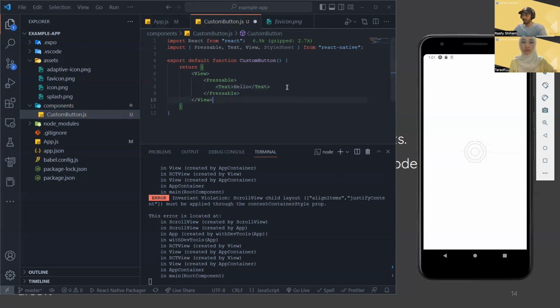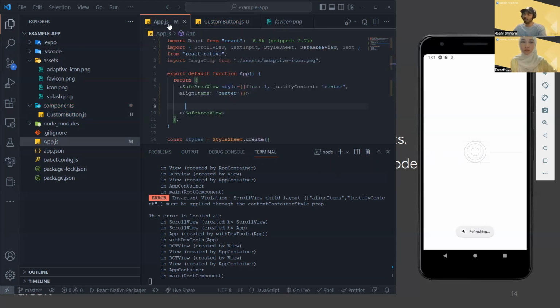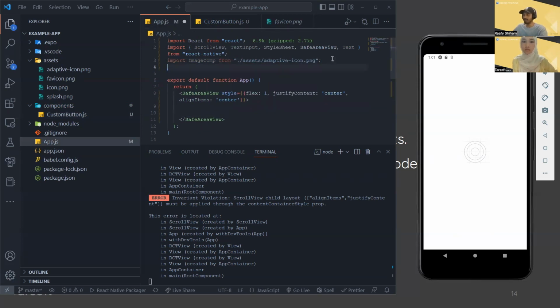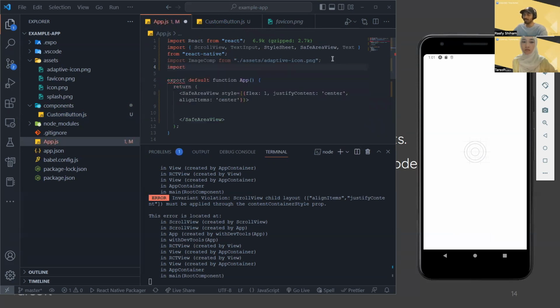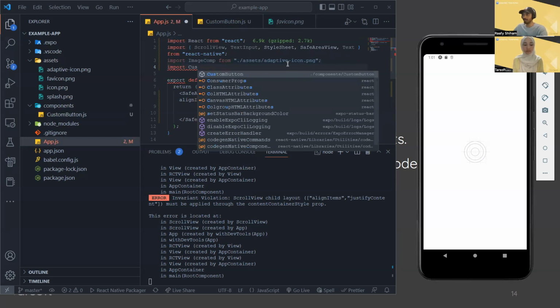To check whether the component is working, we can just import it here first so that we can see it inside the emulator there. So to import a component, you just import it the same way we imported the image here. So custom